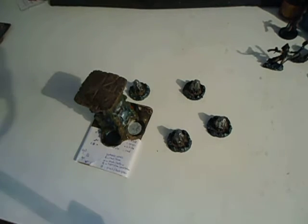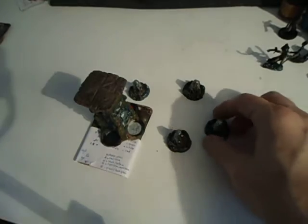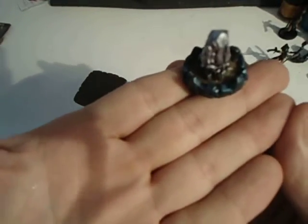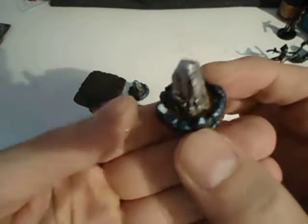Okay, here are the final results. That means I'm almost done with the painting of Zerywia. So let me show. This is with some silver painting,